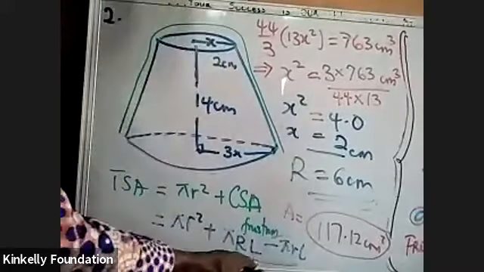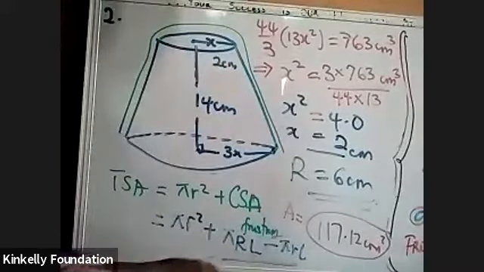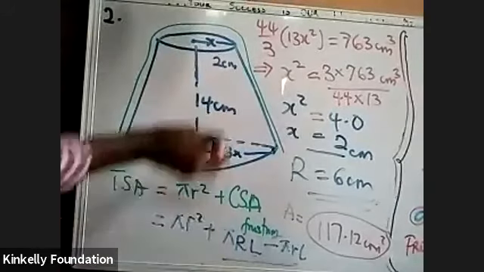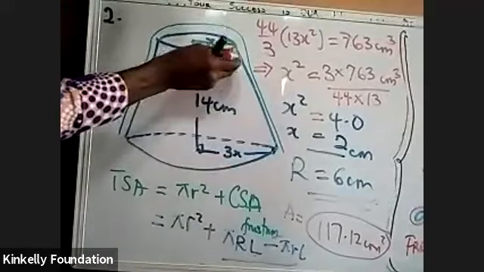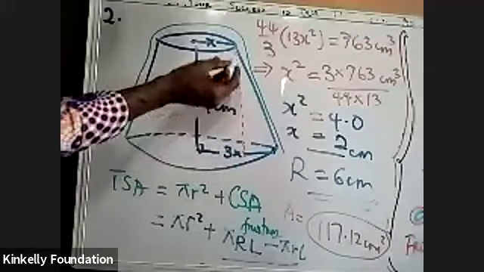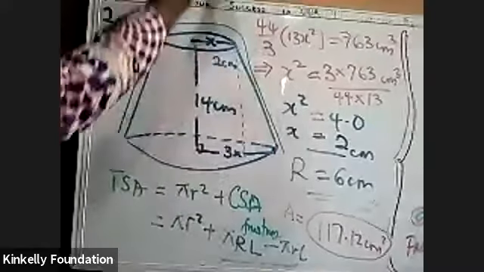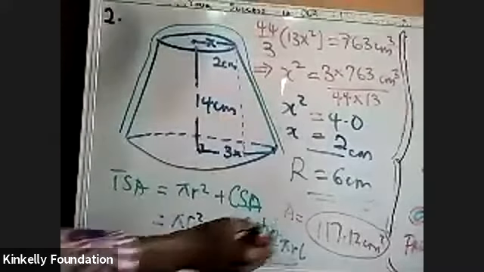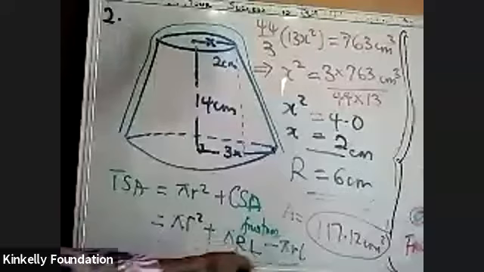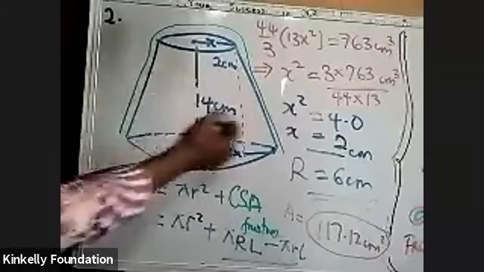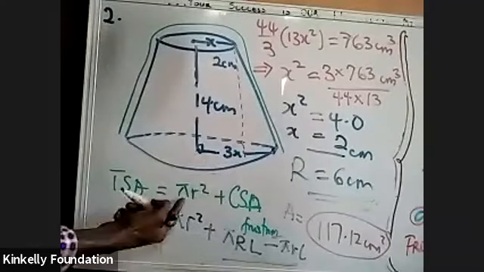Go and find the bigger length using the first example we gave. Remember how we trained this one: using similar triangles, find the length of the bigger one and the smaller one. Once you get them, you are going to find the curved surface area of this frustum. After that,